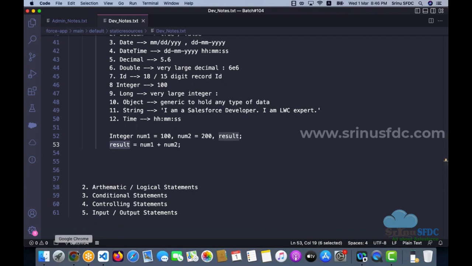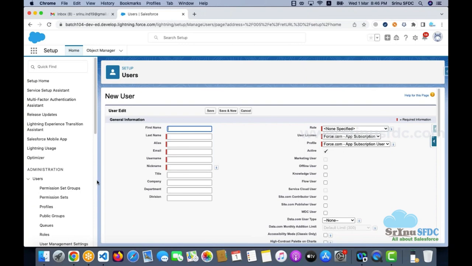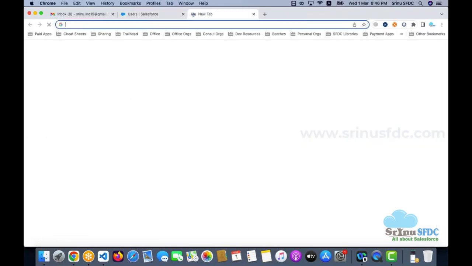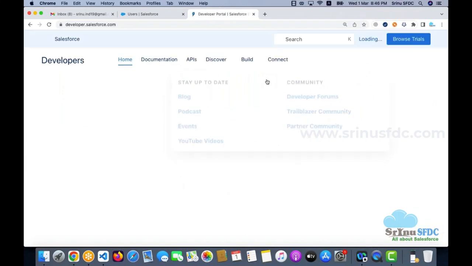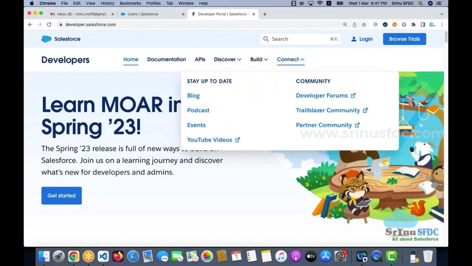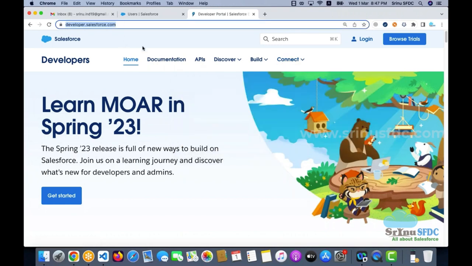Okay, so for that, first we should have the developer edition account. If you already have a developer edition account, maybe most of you attended admin, right? So if you already have the developer Salesforce account, use the same account. No need to create a separate one. In the same developer edition account, you can log in and practice whatever I'm going to explain. If you are new and you don't have a Salesforce account, it is free. All you need to do is go to this website,